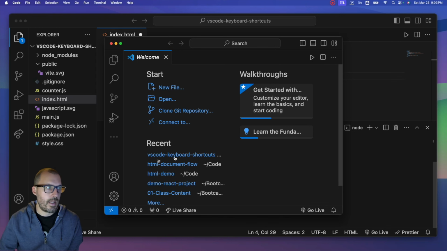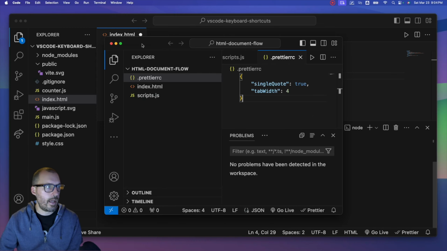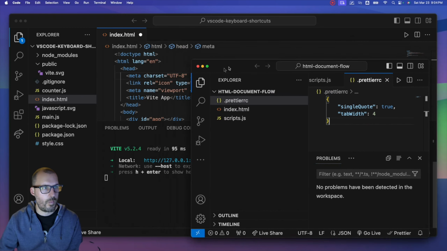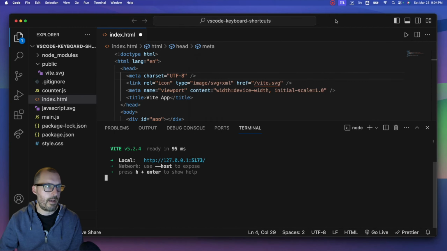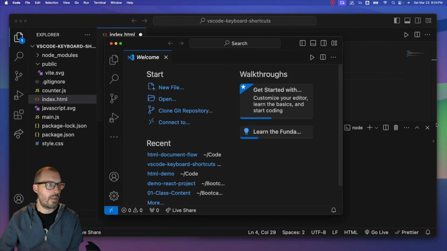So for example, let's say I also needed to work with this HTML document flow. I can go ahead and open this, and now I have not only this project open in one instance of Visual Studio Code, but I have my VS Code keyboard shortcuts one that we've been working with inside of another instance. So we can use Command-Shift-N to open as many instances of Visual Studio Code that we need, which is